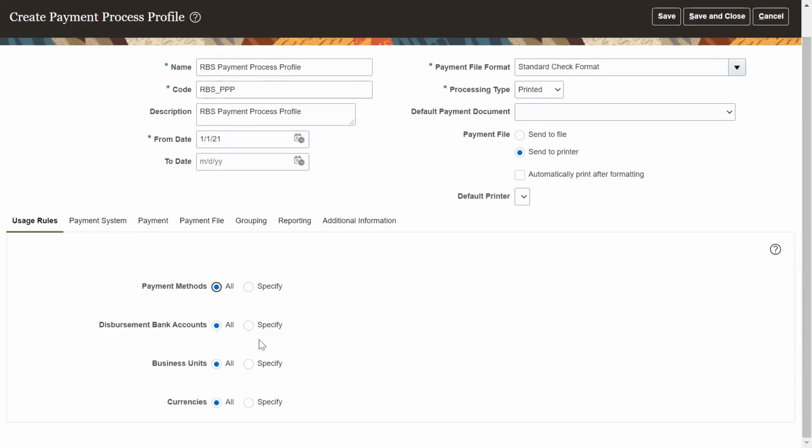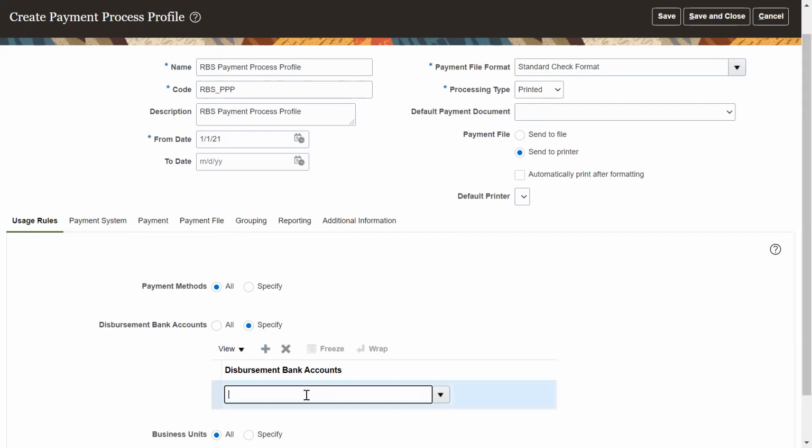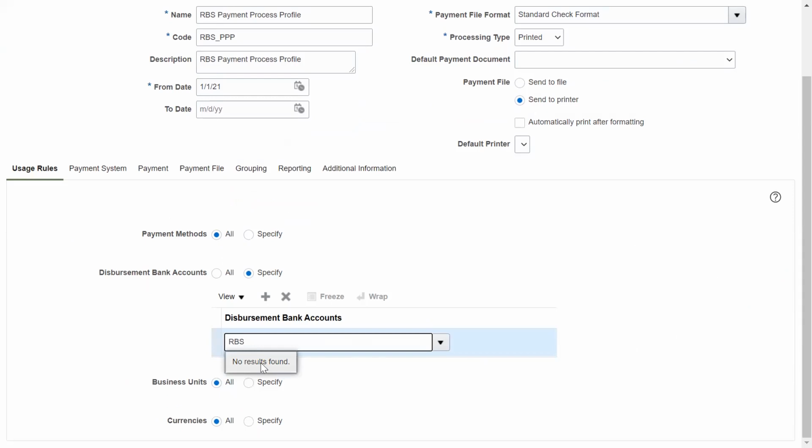Disbursement bank, you can specify. Let me specify that particular bank that we have defined, RBS. Let me check.